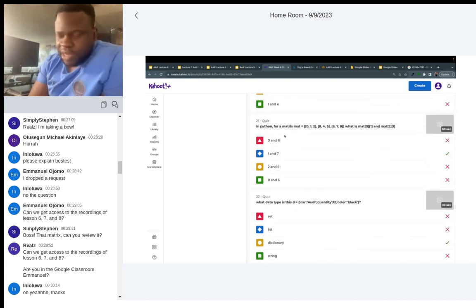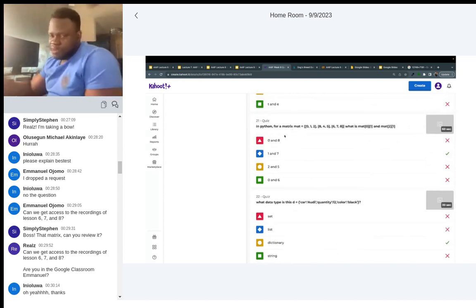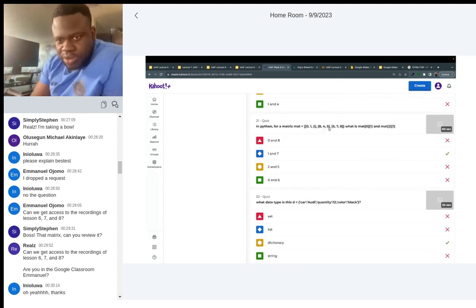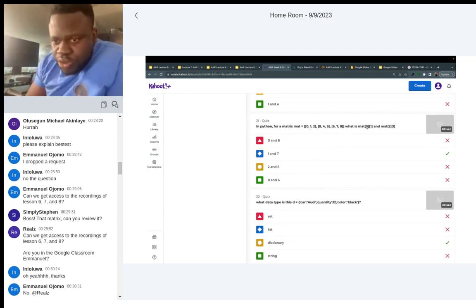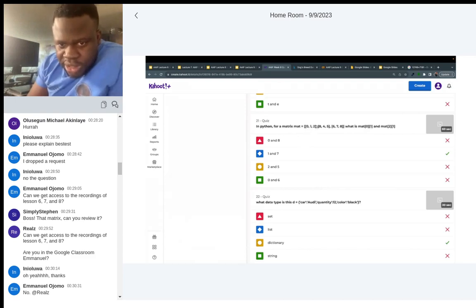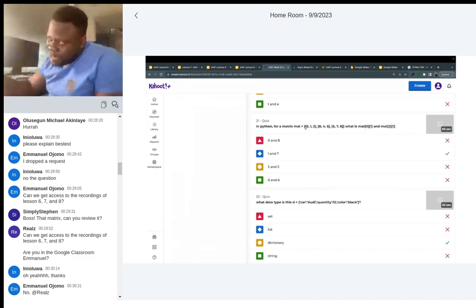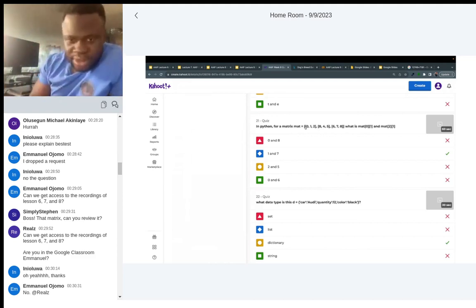Now for the matrix. Python is a zero-index language. So that means this is 0, 1, 2. Inside zero is another matrix. So let's go to 0, 1. The first zero is going to be this matrix. Then inside that zero, we are looking for the 1th index, not the 0th. So it's going to be 0, 1. This is the first zero. This is the first one. This is the first two.